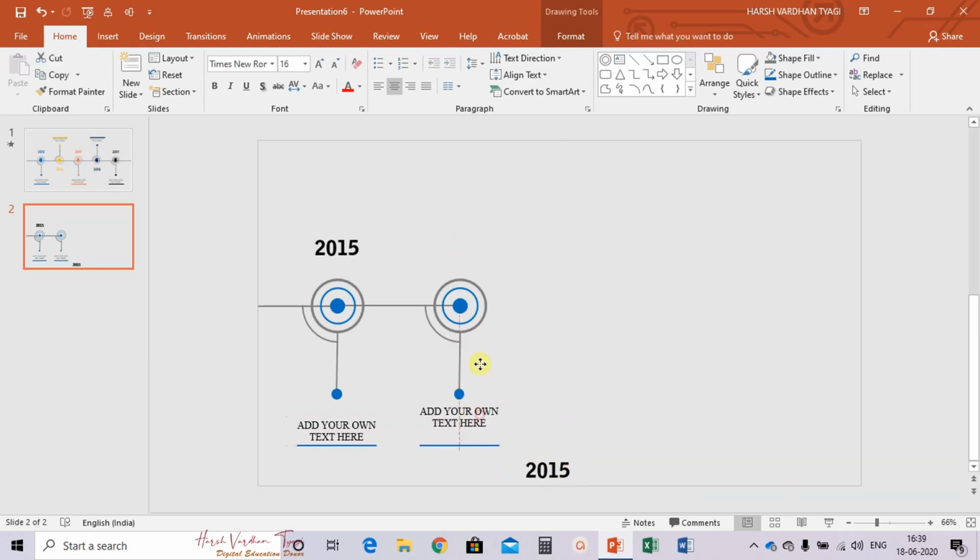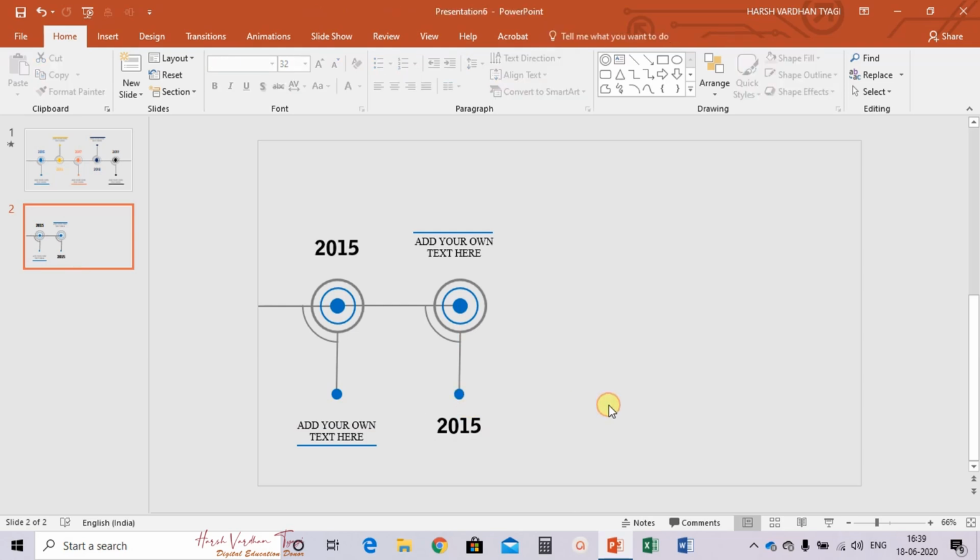Use this, drag it to the upper side in the center. Use this line, adjust it at the top of this. Now this we have to adjust here at the center. Fine.